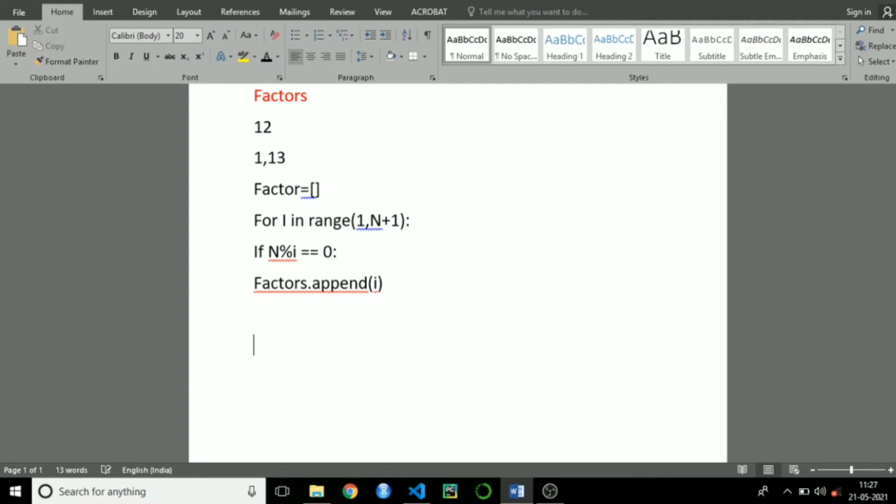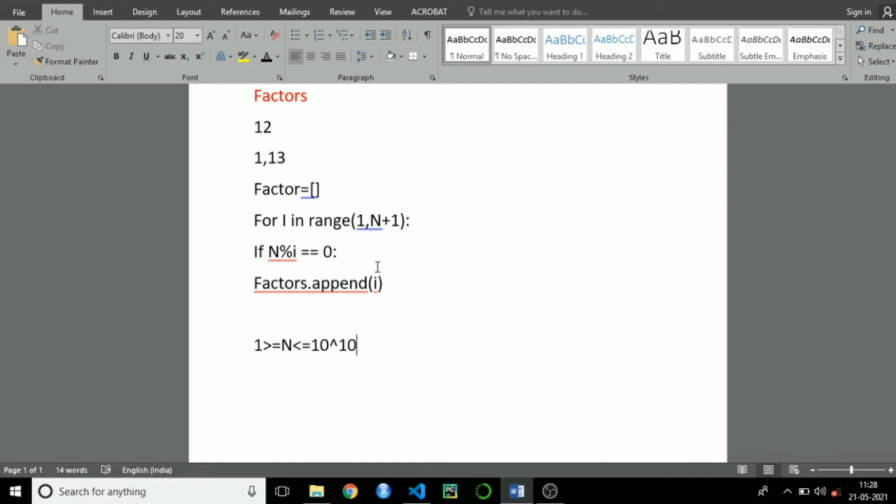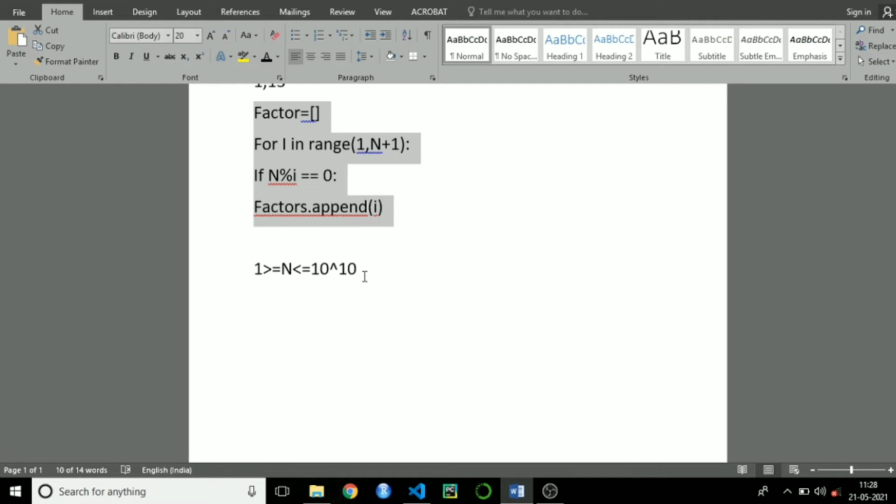But if there is a constraint like n should be greater than or equal to 1 and lesser than or equal to 10 to the power of 10, in this case this code is going to fail. It's going to show a runtime error. In this case, you need to use one more method to solve this type of problem, that is the square root method. I will show you how to solve this question using the square root method.